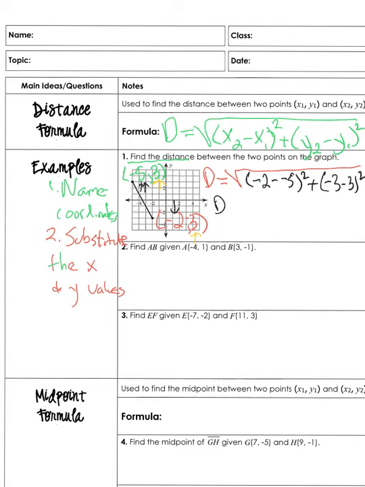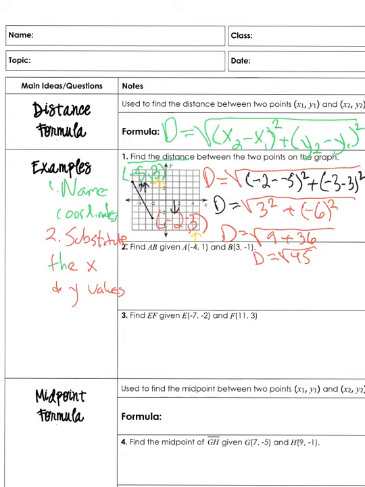So I get D equals, I haven't done anything with the square root yet, 3 squared plus -3 minus 3 is -6 squared. Three squared is 9 plus 6 squared is 36. You add these up and get D equals the square root of 45,